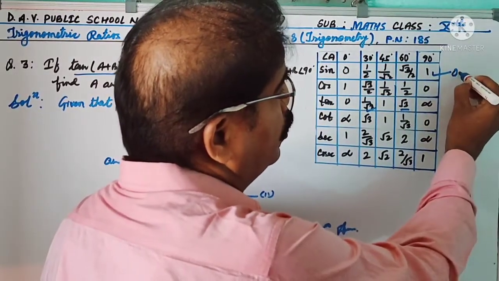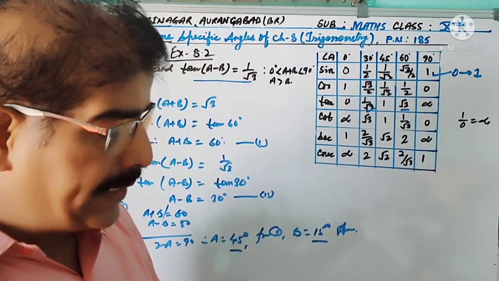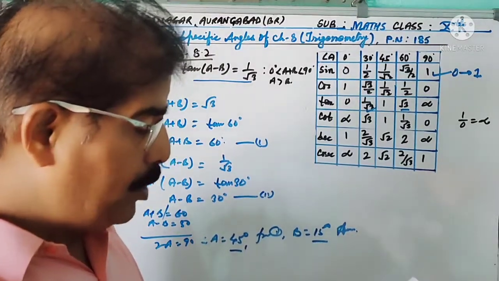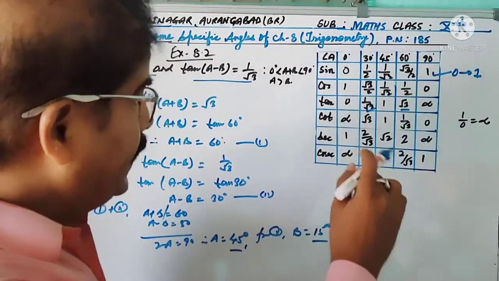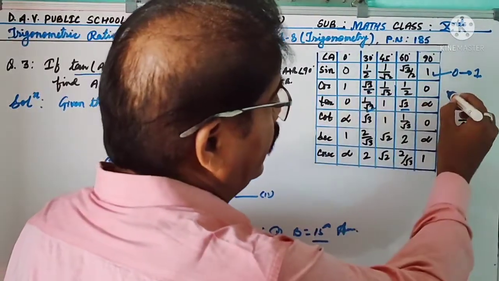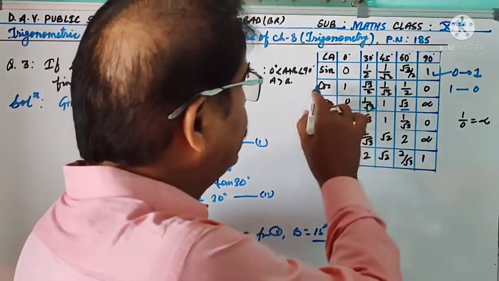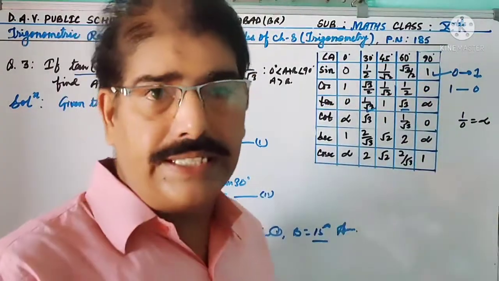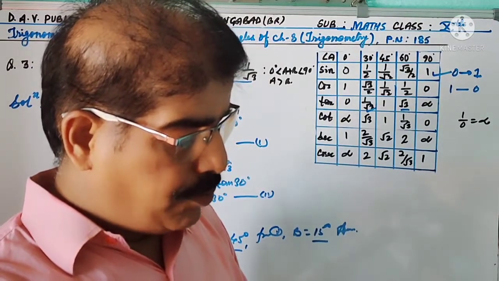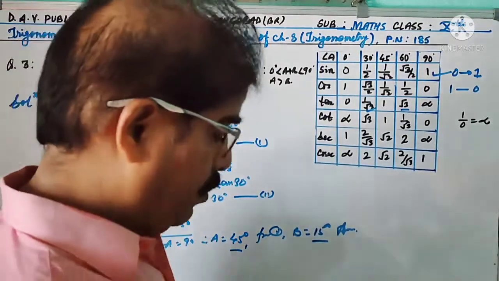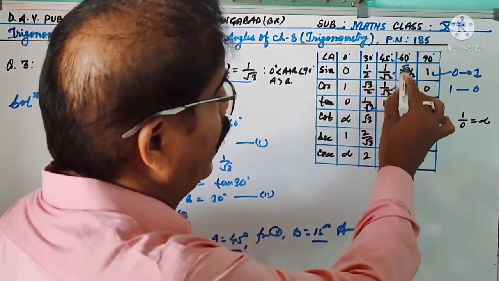Since sin goes from 0 to 1. The value of cos theta increases as theta increases. No, here it goes from 1 to 0. So as the angle theta increases, the value of cos decreases. Your statement is false. And sin theta equal to cos theta for all values of theta. No, not for all values of theta; only at 45 degree are the values of sin and cos the same.